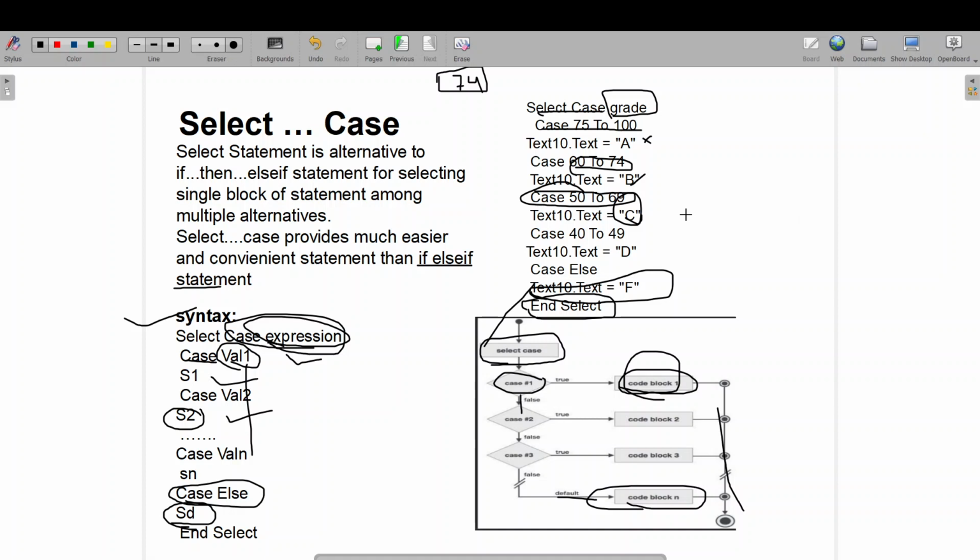Whatever the conditional control statement is, we have to specify some condition. According to that condition, I will execute only a particular block of statements if my condition is true. If my condition fails, I'm not going to execute that statement. I'll go to the next statement and execute that.